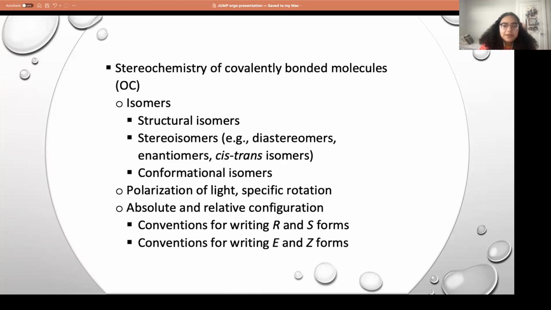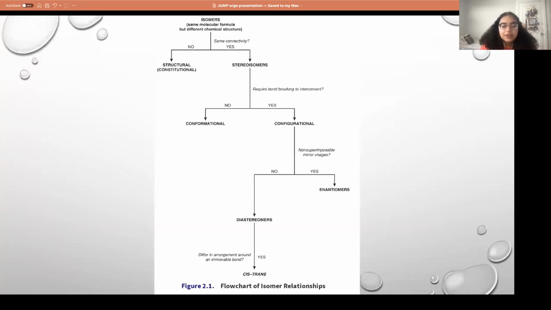So there's lots of different types of isomers. I think this flowchart from Kaplan is pretty good for explaining it. Isomers will have the same molecular formula, but a different structure. But there's many different ways that you could have isomers. If they're not connected the same, that's a structural isomer. So if one is just a chain, whereas the other one splits up into a Y, but it's the same amount of carbons and hydrogens, that's a structural, also known as a constitutional isomer. If they're connected the same way, but still a different structure, then those are stereoisomers.